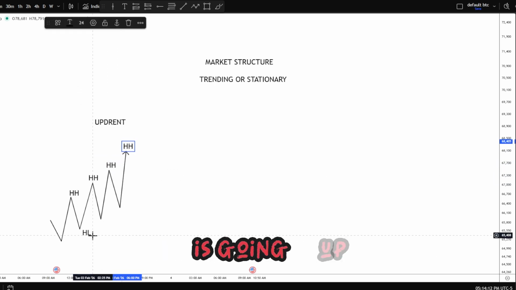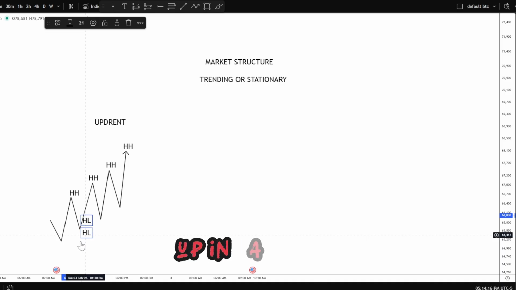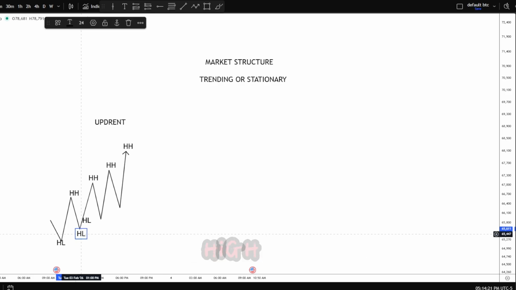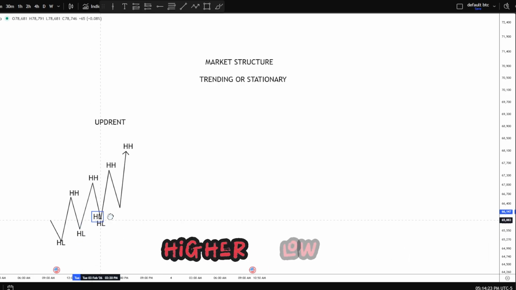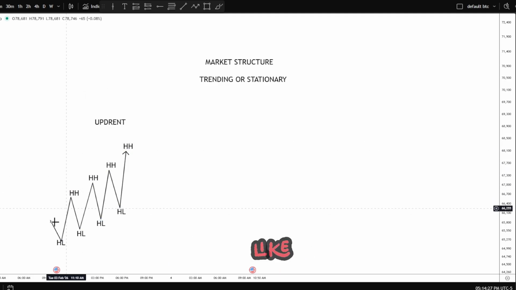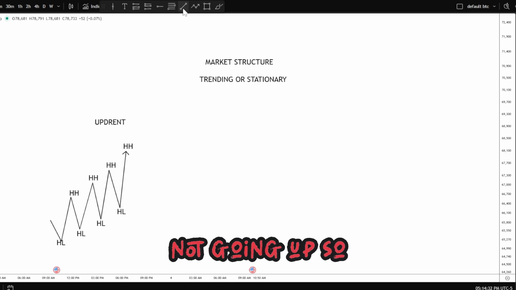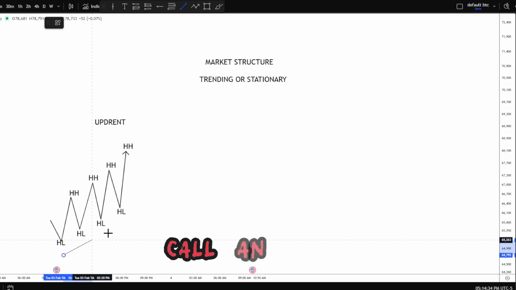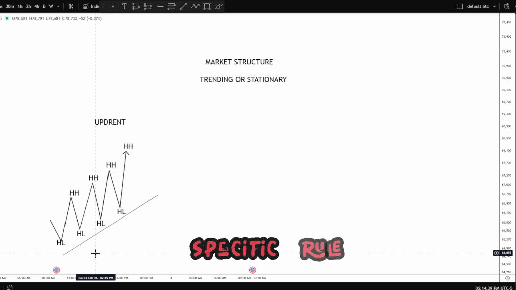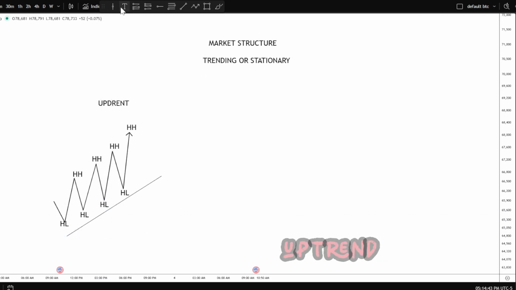So if the market is going up, it's not going to go up just like that. It's going to go up in a zigzag manner. So we have the high, higher low, and higher high. So this is what an uptrend looks like. The market will be going in a zigzag manner, not going straight up. So this is what we call an uptrend. It means the market is going up, and there's a specific rule that guides the market when it is going up. In an uptrend,